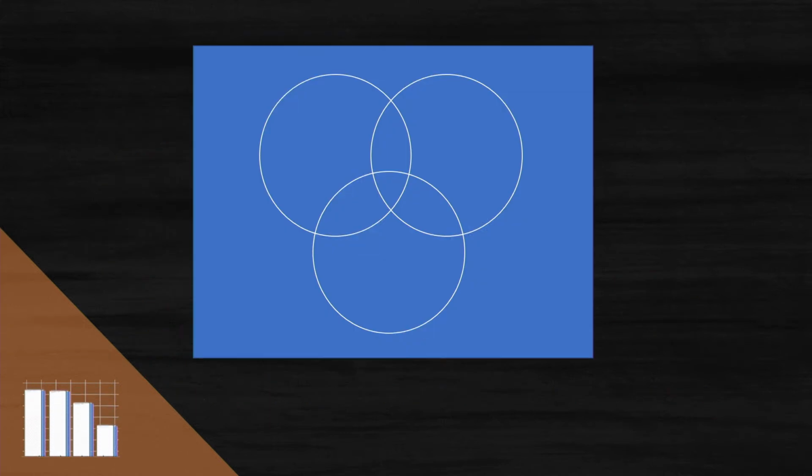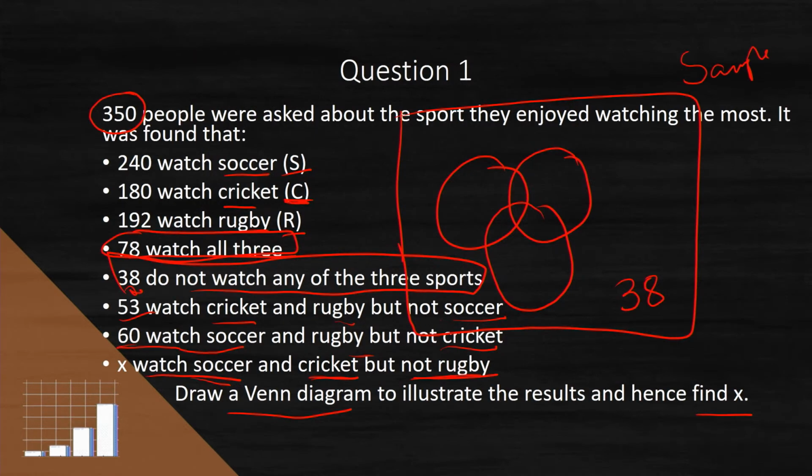Okay, so we start with the sample space, as I said, showing your three circles. We're going to have soccer, I think it was cricket, and rugby. And where we start is where all three of these circles intersect each other. And they said that 78 people watch all three sports. So that's what I'm going to fill in, where the three circles. You see, there's only one point where all three circles are intersecting, and it's just where I've put the 78. They then tell you that